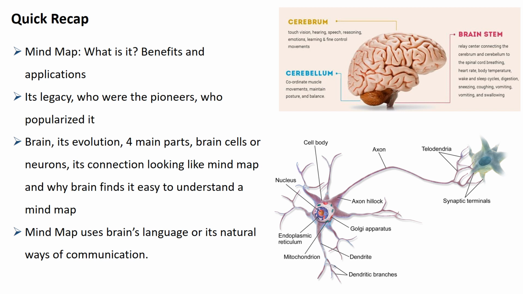So we now move to the next part. Here we talk about a few brain functions and then move to the rules for creating mind maps. The point we are going to discuss now is brain thinking patterns, and these inferences